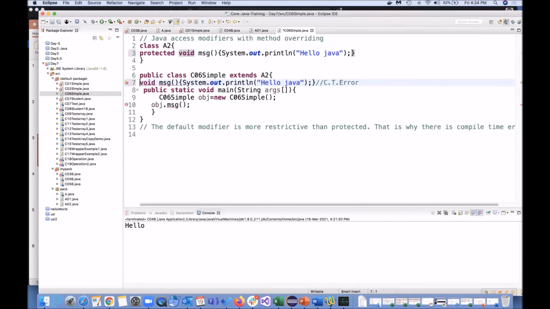When it was protected, you cannot make it default. But when it was default in your parent class, you can override that function by making it protected. So I hope this is clear. Feel free to pause me. We'll be moving to the next one.